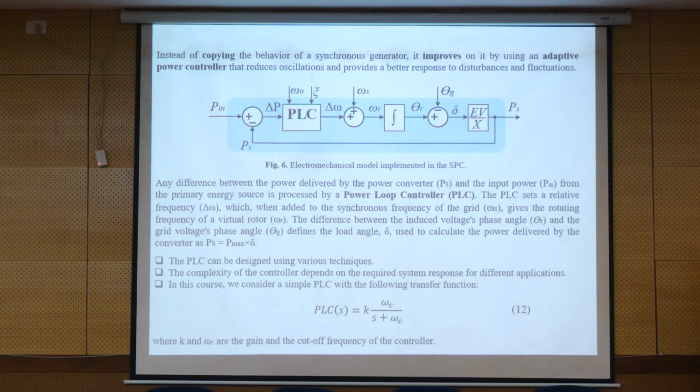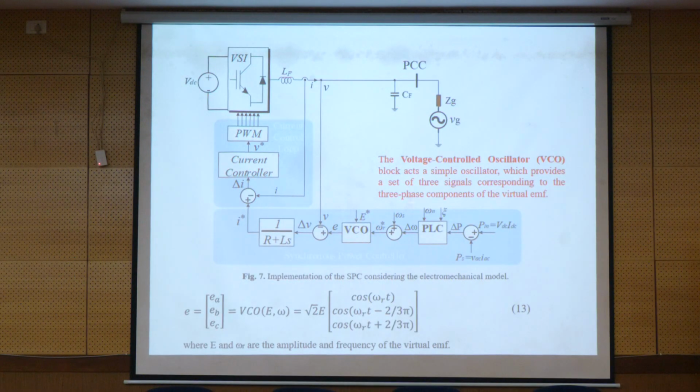Am I right? So this frequency change can be added to the reference frequency to provide the frequency of the rotor we need. And again, we take the integral, we have theta, compare it with the theta of the grid, we have delta, and we can calculate the PS, or output power. So by this, we replace this with the electromechanical model of the synchronous generator in the control loop of the converter. And by this assumption, the converter is working like a